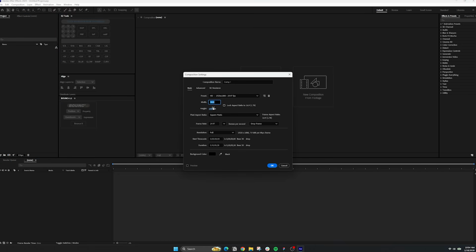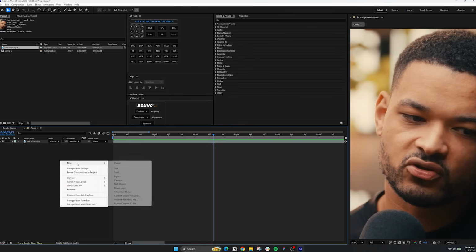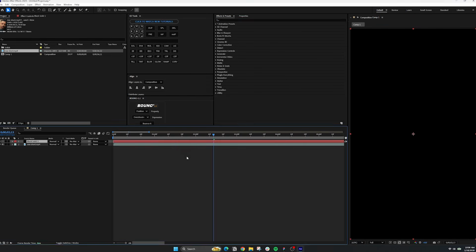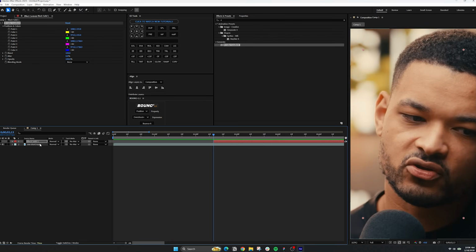Create a new composition 1080 by 1920 and click on OK. Now drag the video into the composition and let's start by creating our background. Go ahead and right click and add a new solid and click on OK. Then drag the 4-color gradient on it, disable the visibility so we can see the video under it, and we'll